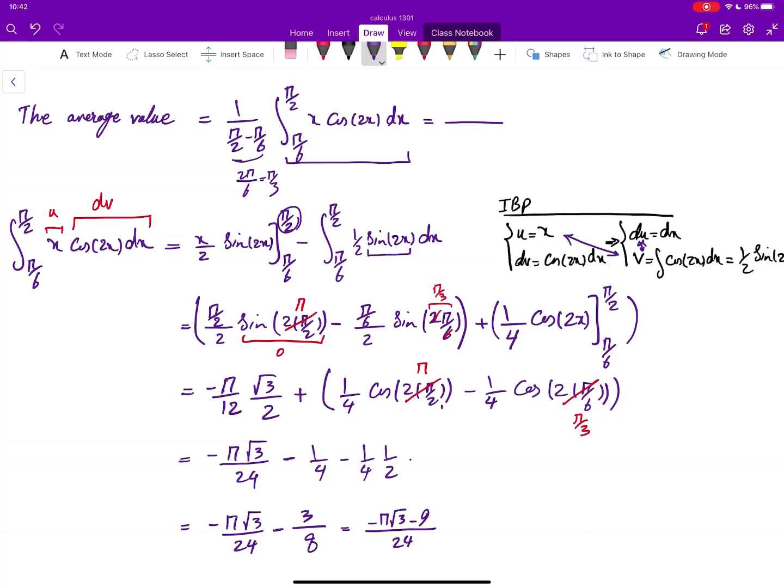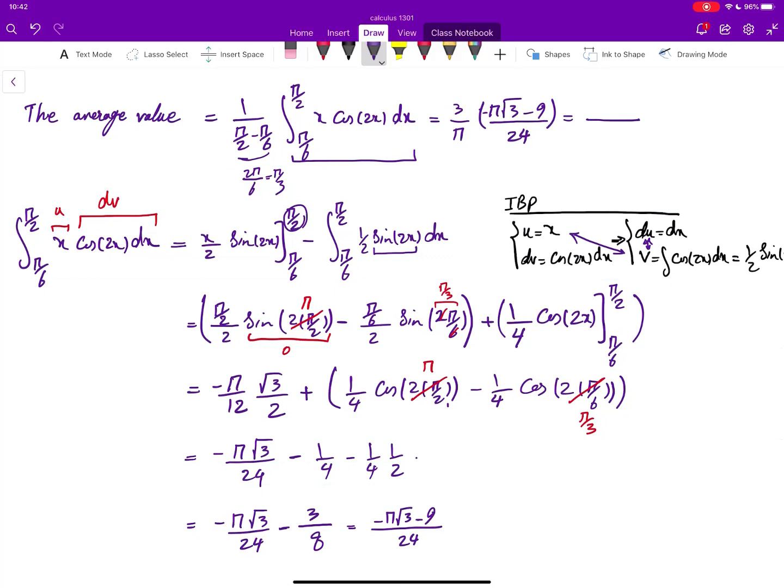So this will be 3 over pi, the inverse of what we found. And the integral, the value we found, is negative pi root 3 minus 9 over 24. You can simplify. Yes, we can. And you get, what numbers do we get there? Here, that simplifies with that. Oh, this is simple now. This is 8 pi minus pi root 3 minus